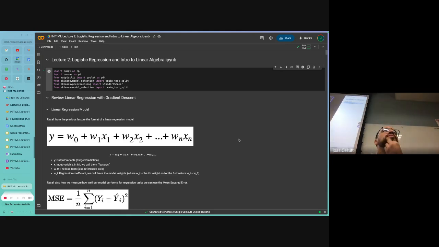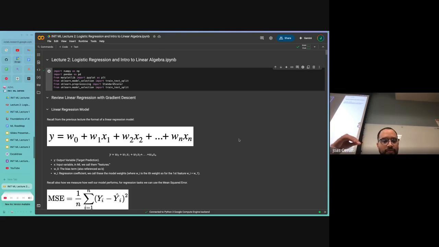So you update the parameters for gradient descent by taking the original weight for that iteration minus the learning rate times the partial derivative with respect to either the weight or the bias. Are you talking about the update?